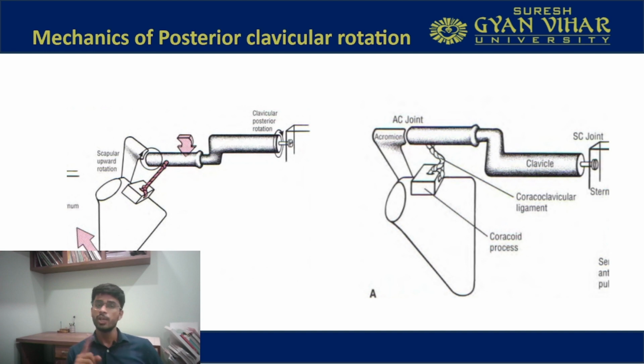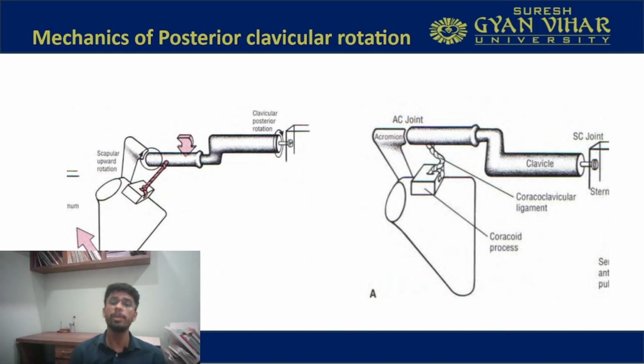Remember when we were studying the coracoclavicular ligament, we studied this in the acromioclavicular joint in the previous section. These ligaments come from the lateral tip of the coracoid, and it has two parts, right? The conoid part and the trapezoid part, which attach on the clavicle. Whenever we are abducting, these ligaments get taut. Because these ligaments get taut, you cannot reach full abduction. So what happens is, your clavicle gets posteriorly rotated. Then there is slack in this ligament. Now you can take your arm further because this ligament is slack.